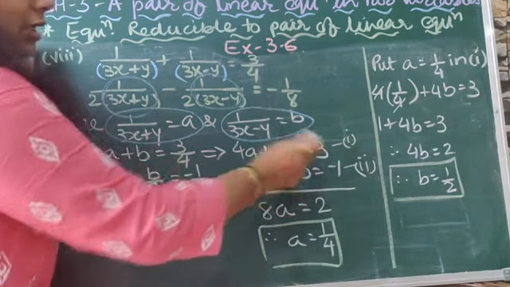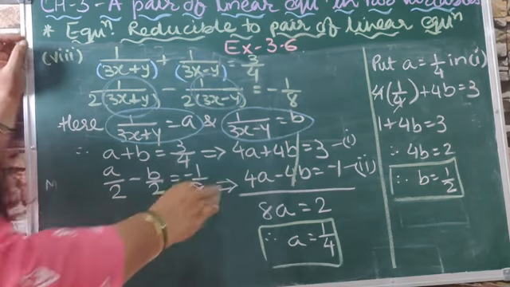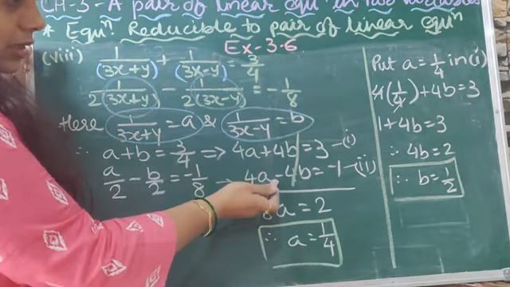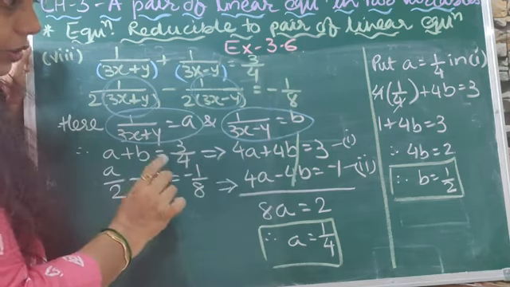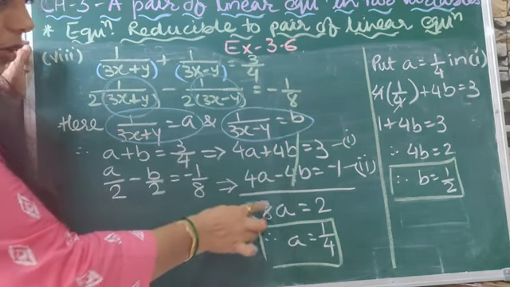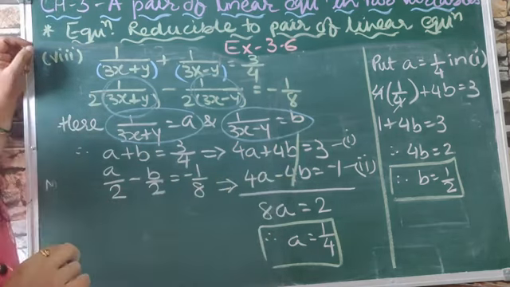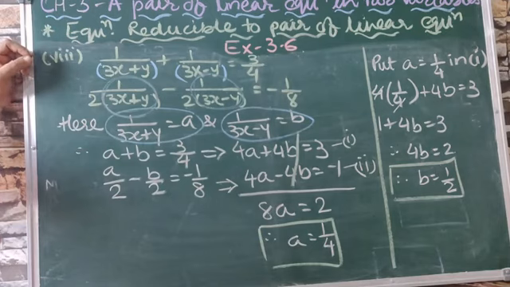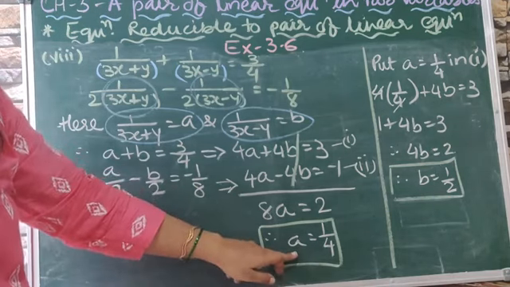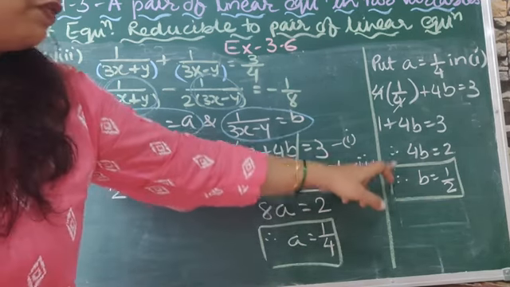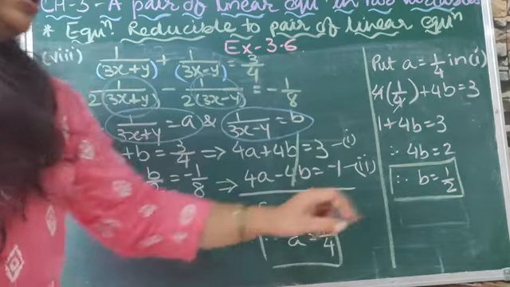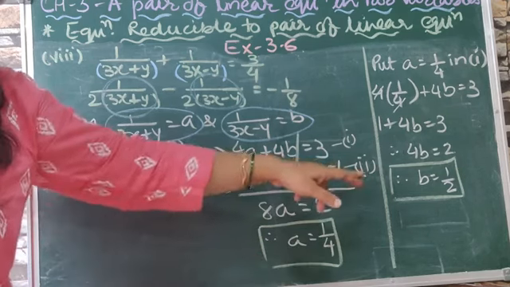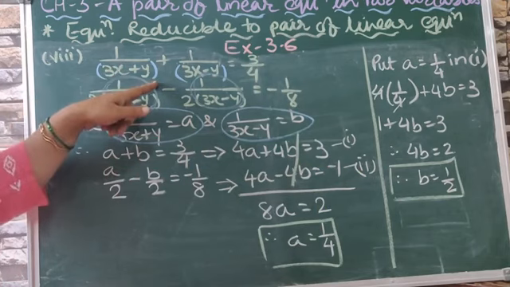As you see the first and second equation, if we want the values a and b, either we have to do subtraction or the elimination method. As it is plus and minus there, I just did addition, and therefore plus 4a minus 4a cancel out, plus 4b minus 4b cancel out, and I got 8a is equal to 2, and therefore a is equal to 1 by 4. After substituting a equal to 1 by 4 in either equation, we will get the value b, and that value b is 1 by 2. Now after getting the values a and b, we have to find out the values x and y.